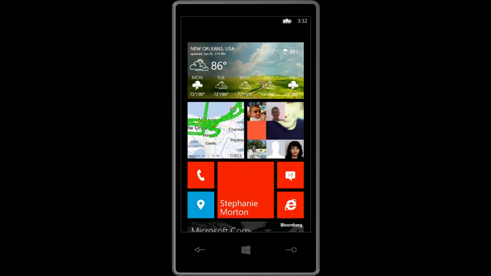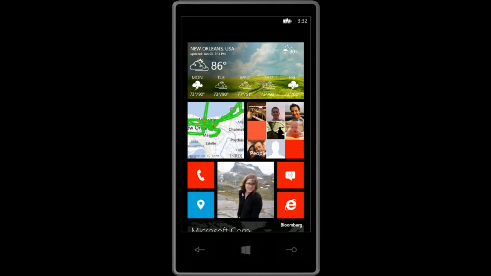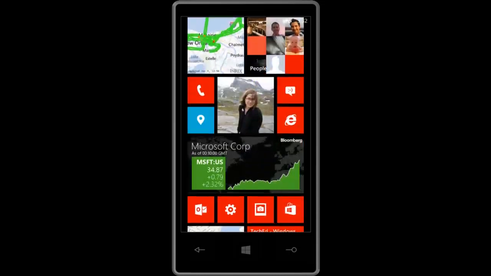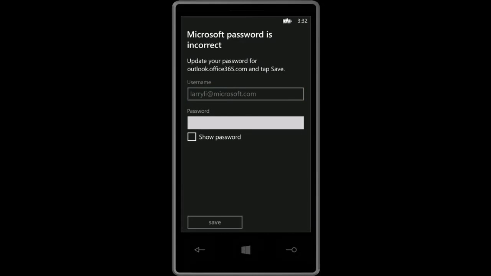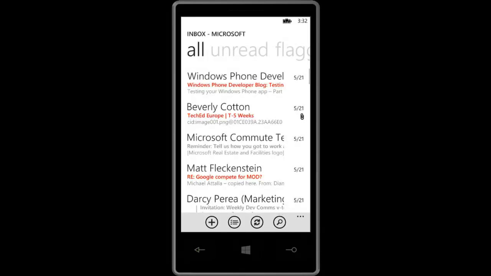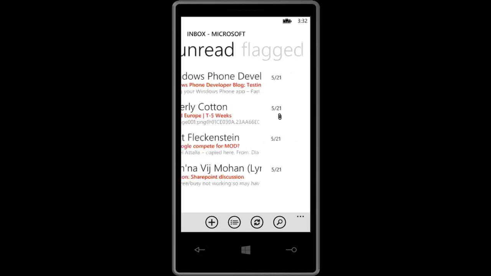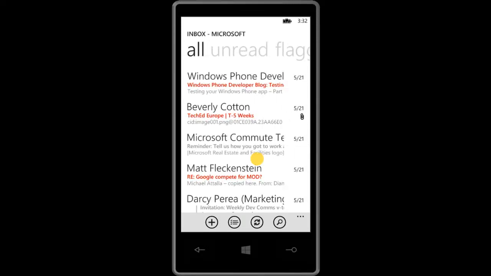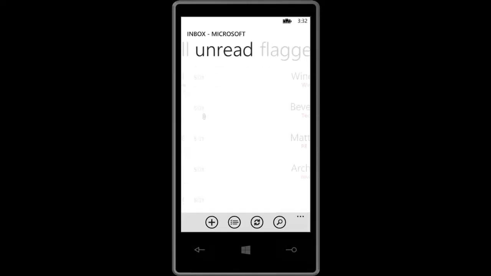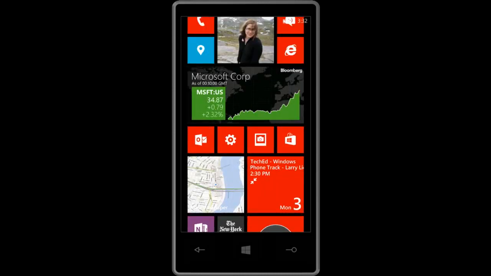The People Hub in many ways encapsulates the cornerstone values of Windows Phone, and so that's why I spent that time on it. But the last thing I want to show is just the email, because I think this use of pivot control, this pivot control here that shows just unread or flagged or urgent encapsulates this value as well, or all. Being able to very quickly get to just unread or flagged or urgent like that, that actually is a data filtering paradigm that's applicable to many, many different types of scenarios.